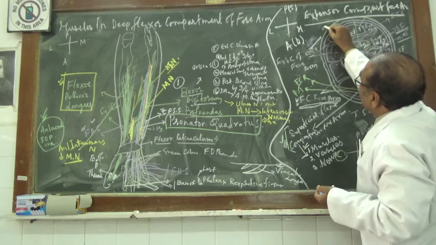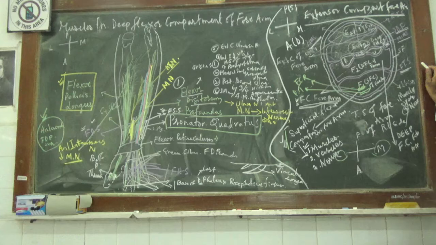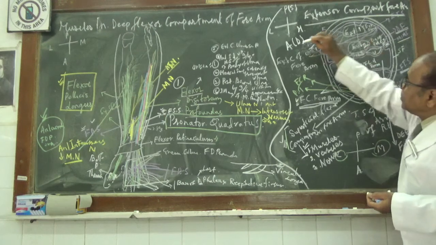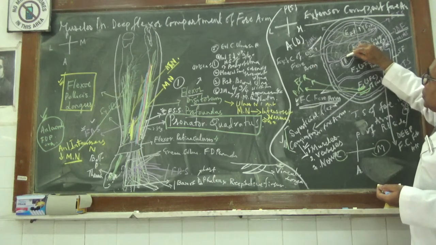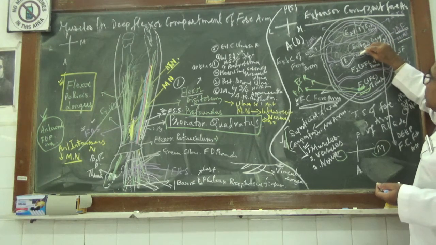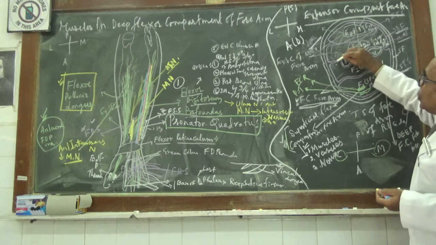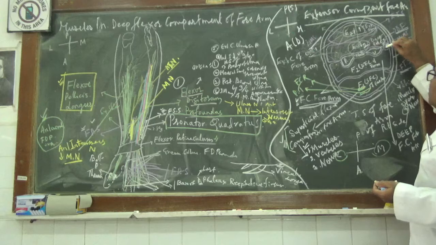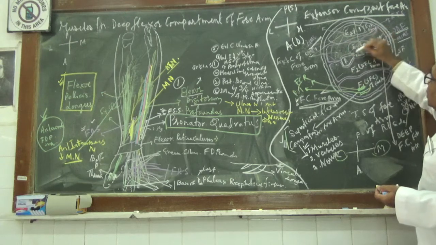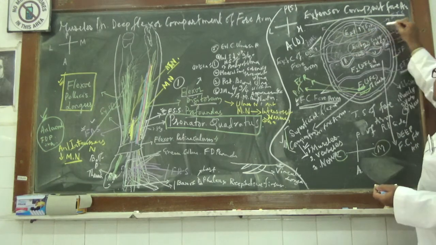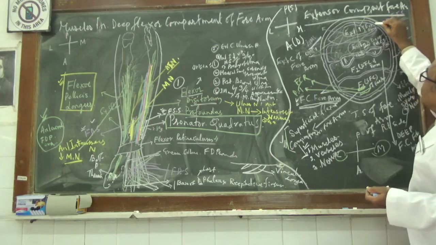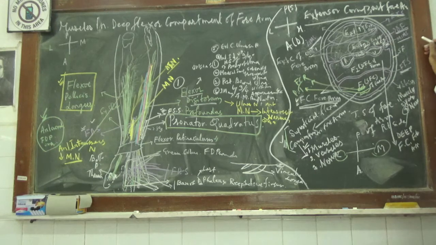Now the superficial extensor compartment of the forearm is that compartment which is present in front of the posterior surface of the radius, posterior surface of the ulna, posterior surface of the interosseous membrane, posterior to the lateral intermuscular septum, medial intermuscular septum, and posterior to the deep extensor compartment of the forearm and the extensor transversalis fasciae, fully under the cover of skin, superficial fascia, and deep fascia of the forearm.